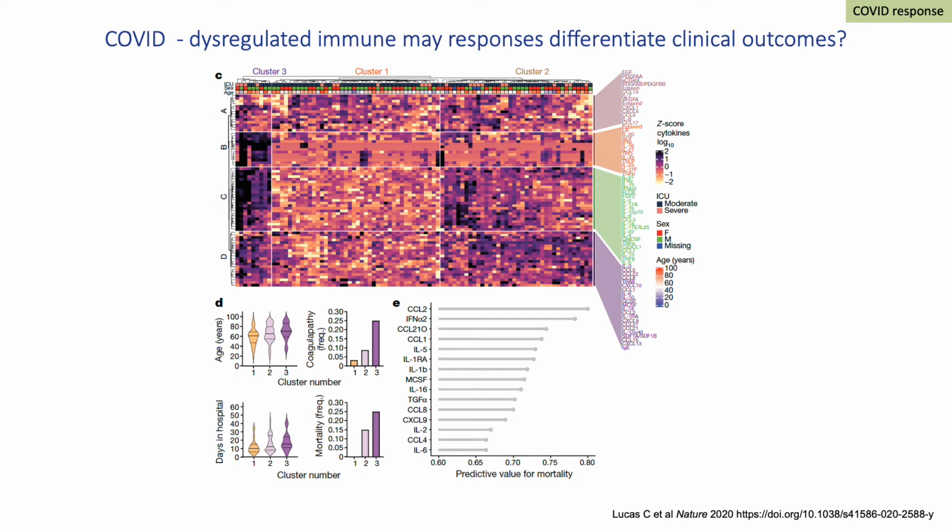And they asked the computer to cluster these different characteristics into groups. And there was one cluster that came together in which very high levels of 3 of the key cytokine signatures were most obviously expressed. And if you look down in panel D, you'll see that cluster 3 was the group of patients who were most likely to develop coagulopathy and most likely to die.